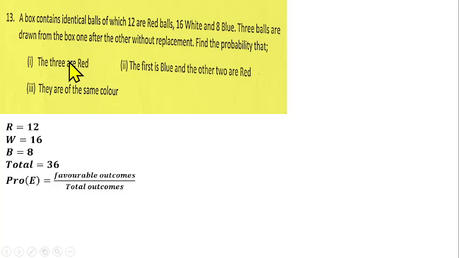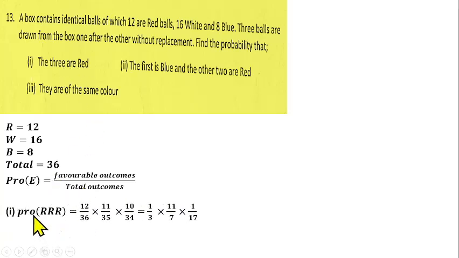So let's first test for the first one. Probability of the 3 balls being red, that means the first ball is red, the second ball is red, the third ball is also red, since 3 balls were selected. And don't forget that it's without replacement. So the probability of picking the first red ball, that will be favorable outcome, which is 12 over total outcome, which is 36, times the probability of picking the second red ball,